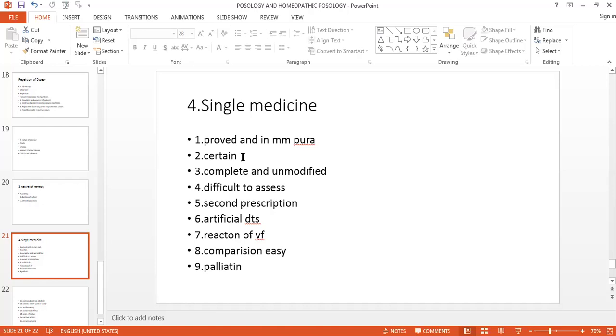Third thing is that the homeopathic medicine is administered singly so that its action will be complete, its action will be unmodified. Let it work as it has to work, do not interfere with it. Once its action is complete, then we will see whether it has worked properly or not. But let that medicine act completely without any modification, so that you will get the result of that medicine.